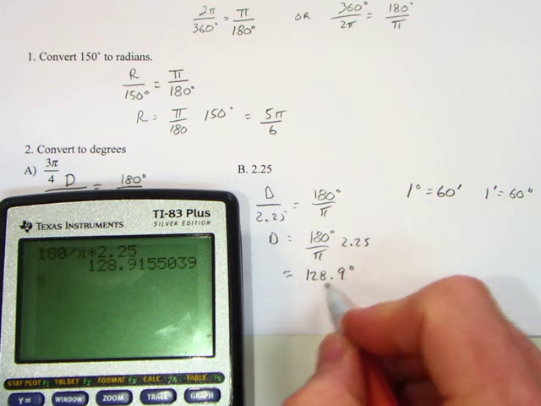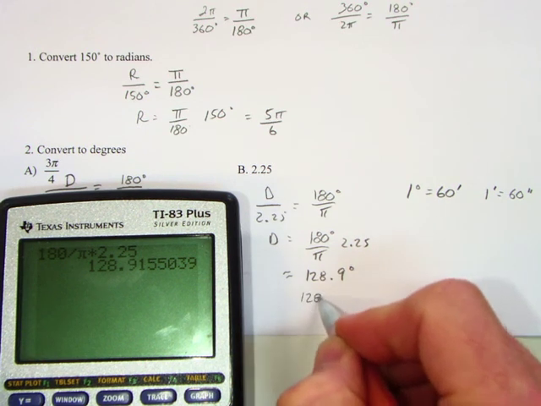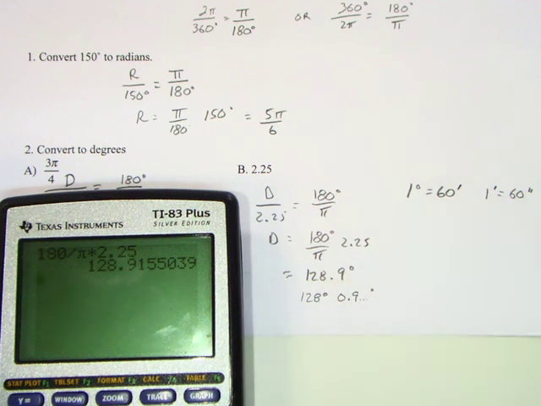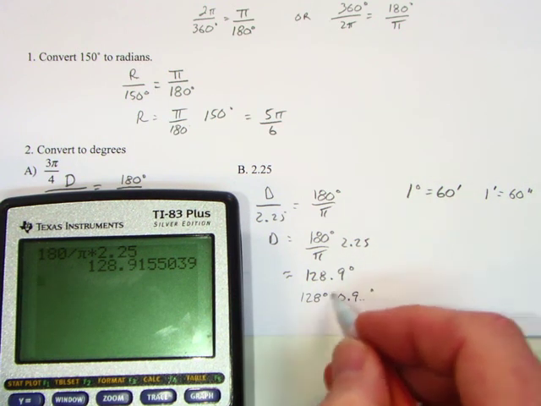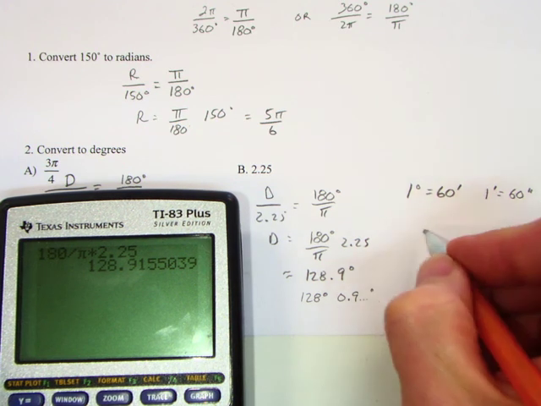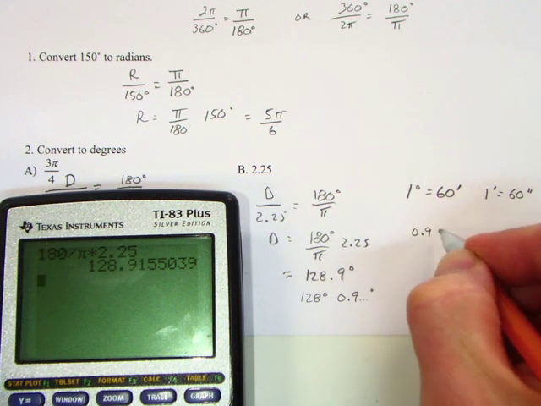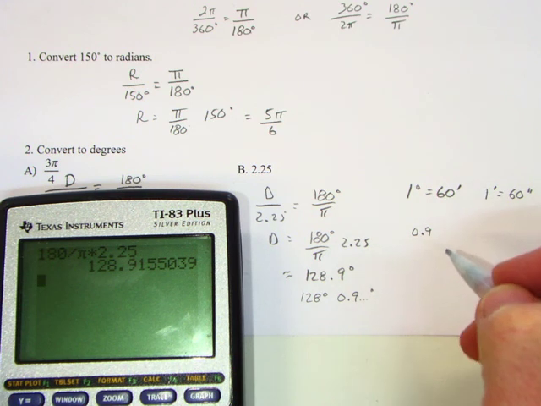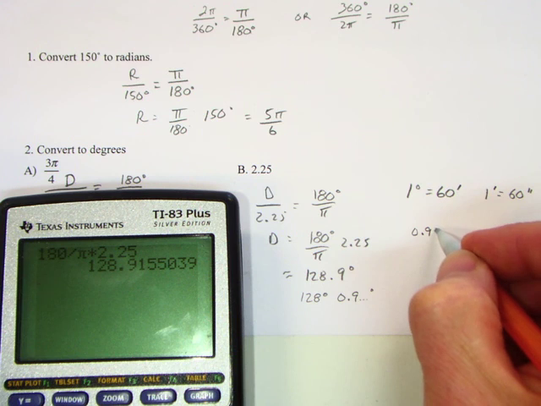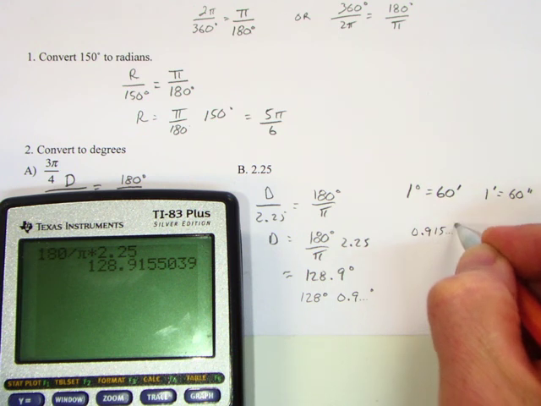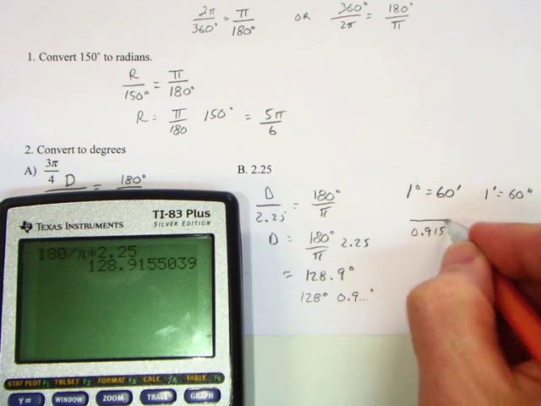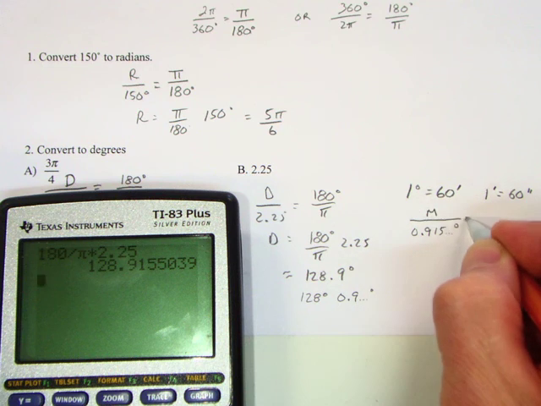So when we do this, we already know that this is 128 degrees, and then we have 0.9, etc. degrees. We want to take this fractional part and we want to convert it. So we have 0.9. Now, we can't just use 0.9. We need to use the whole thing on the calculator. And I'm just going to write it for right now, 0.915... So that's degrees. We want to see how many minutes is it. So let's say m minutes